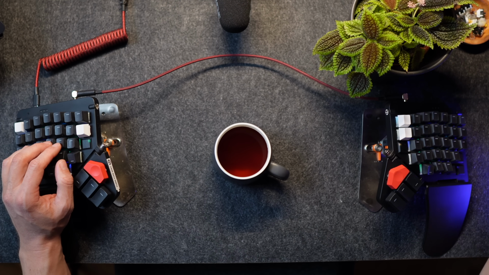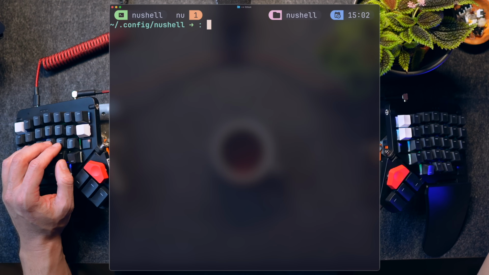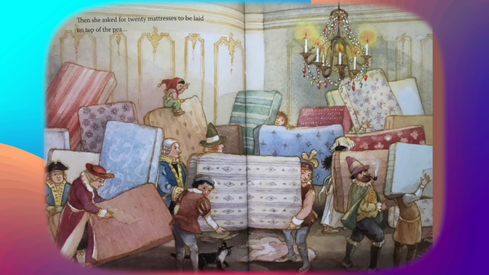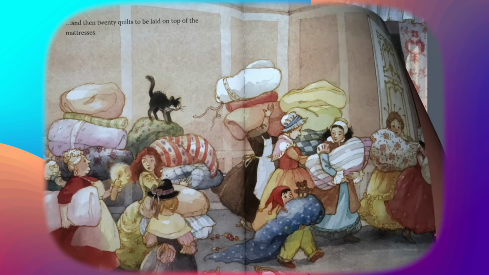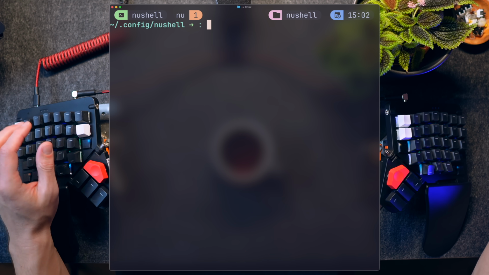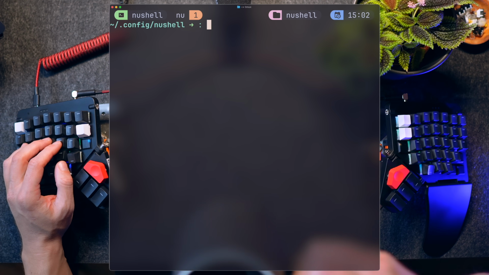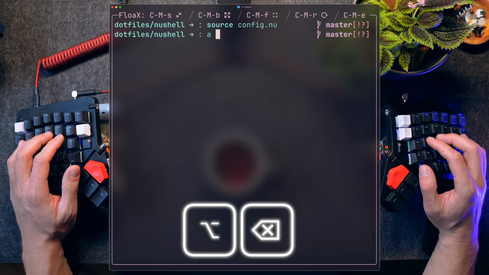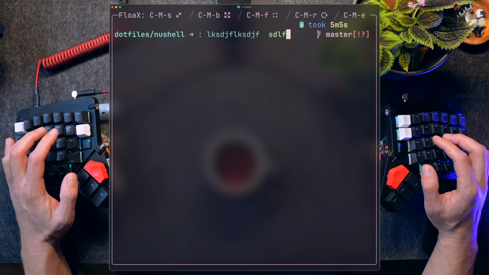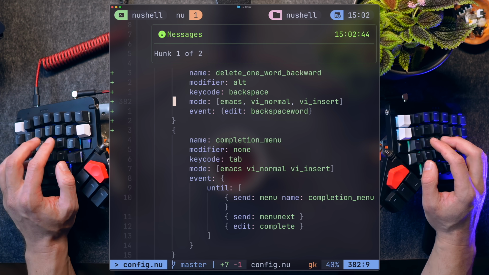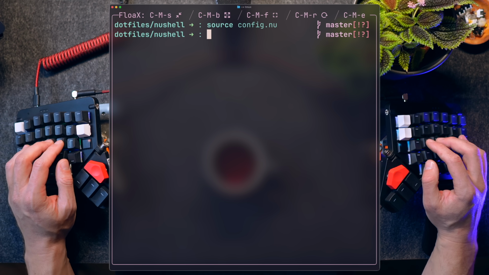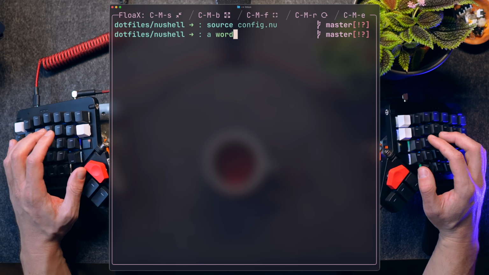There was one thing with Nushell that was so tiny but yet so annoying to me, I was about to ditch the thing just because of that. Remember the children's story of the princess and the pea, where she couldn't sleep even though it was under 10 mattresses? Well, Nushell, while letting me extract data and manipulate databases, wouldn't let me delete a single word. The alt backspace feature I love so much. If you want to know why, check the video above. But in Nushell, this thing won't work and it drove me nuts. So I added a bit to config.nu, where alt backspace is remapped to the same action within the shell. Not something I ever had to deal with, but it works, so I'm happy.